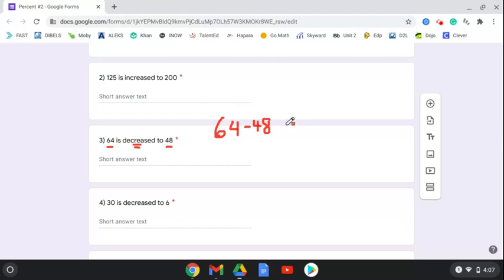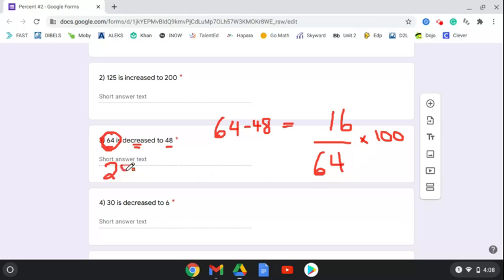64 minus 48, that is 16, right? So 16 is my amount of change. I take that amount of change and I divide by the original amount. And my original amount was 64. So 16 divided by 64, and then I multiply by 100 because percent is out of 100. And so once I take 16 and divide by 64 in my calculator and then multiply by 100, I will